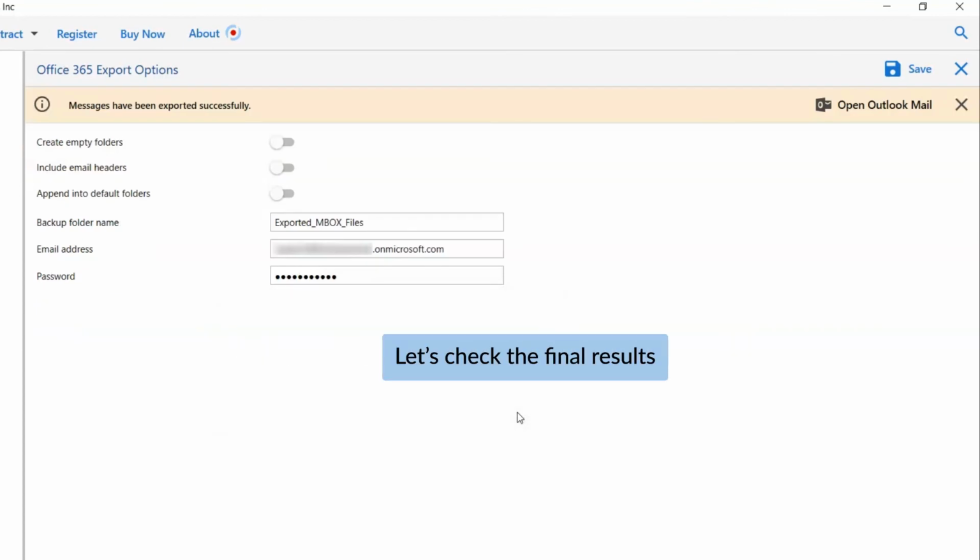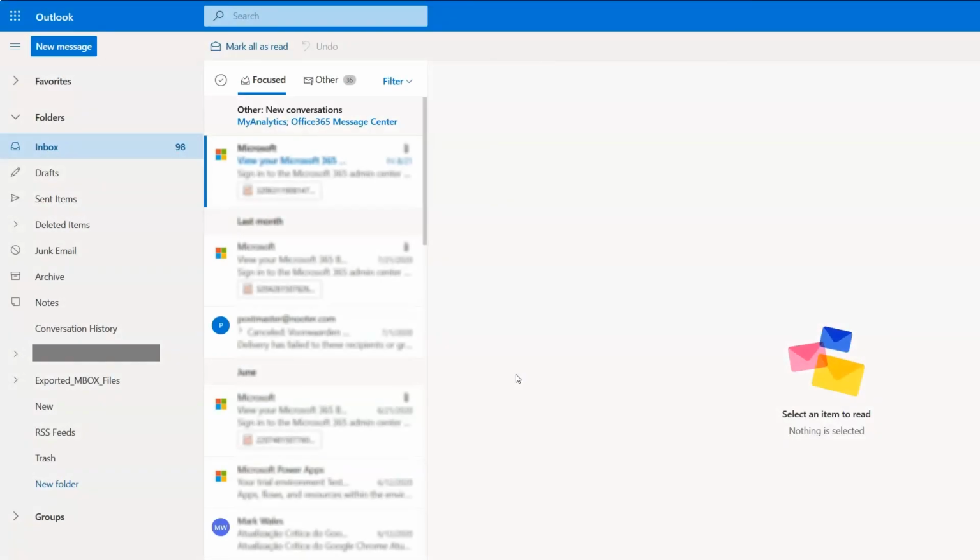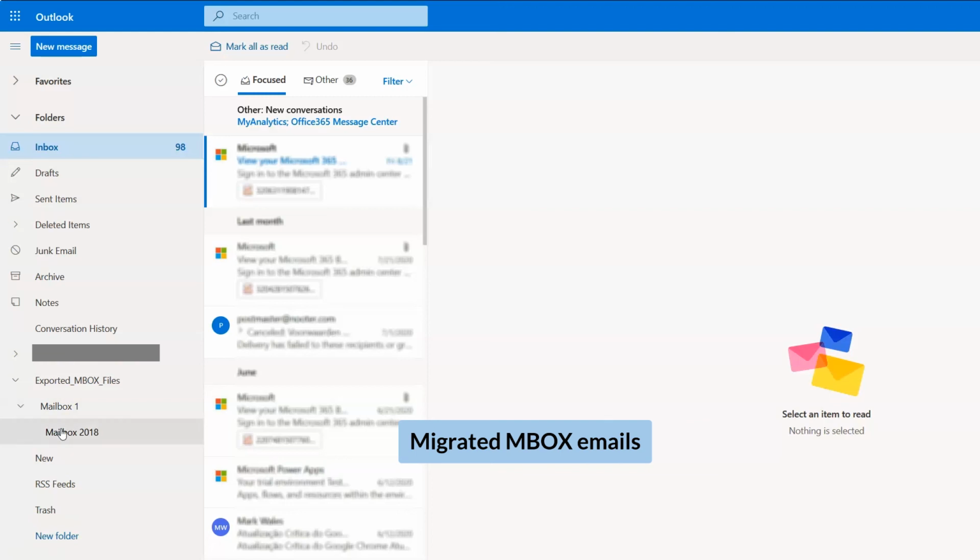Finally, go to your Office 365 account. As you can see, there is a folder named exported. Click on it and go to Mailboxes. Now, you get to see all the emails,